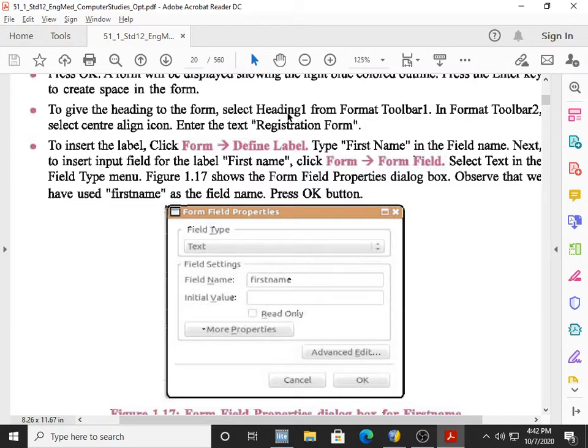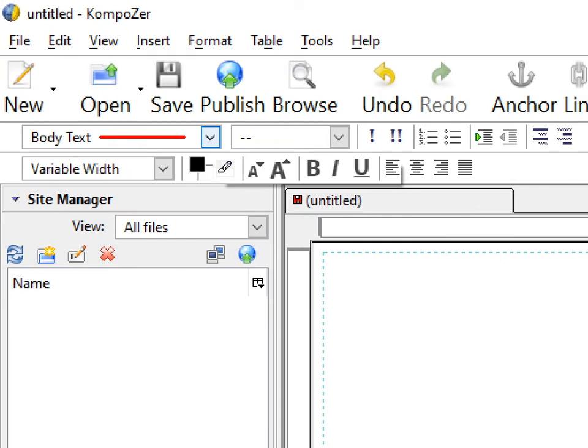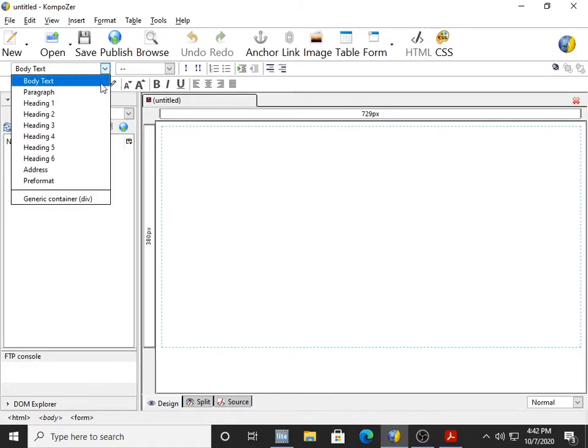Second instruction, Center Align in Format Toolbar 2. This is Format Toolbar 1, and this is Format Toolbar 2. Here we have Center Align, and here we have Heading 1. So we will click over here.